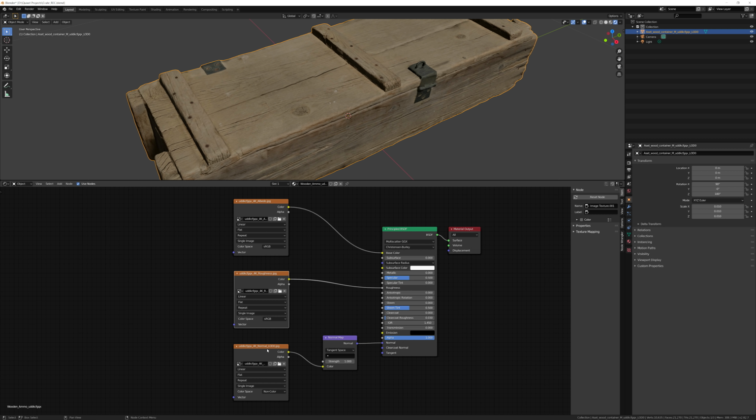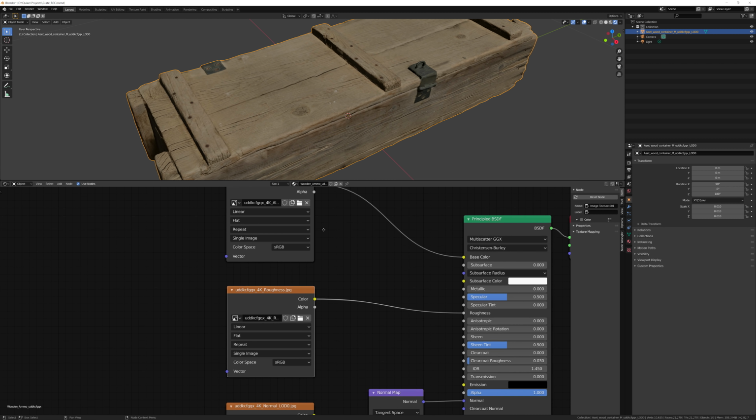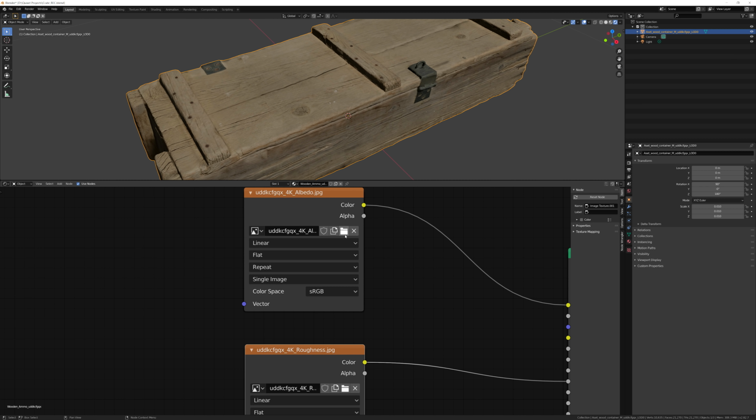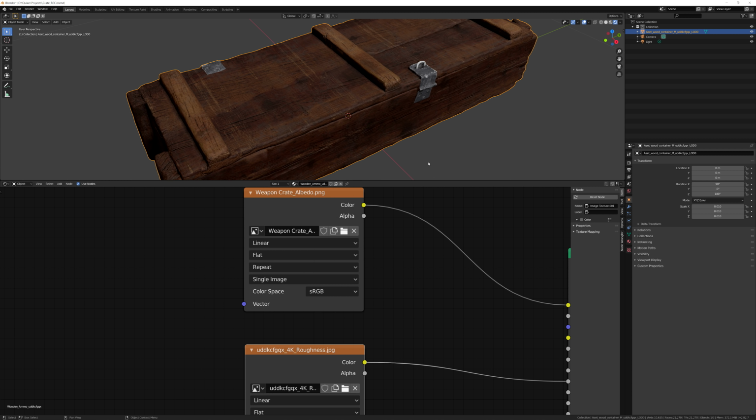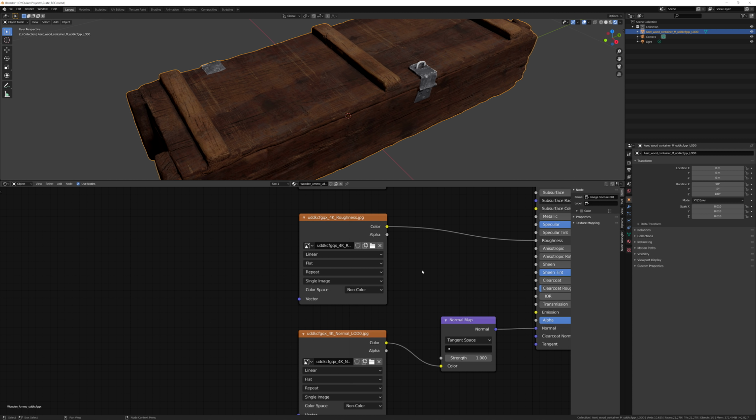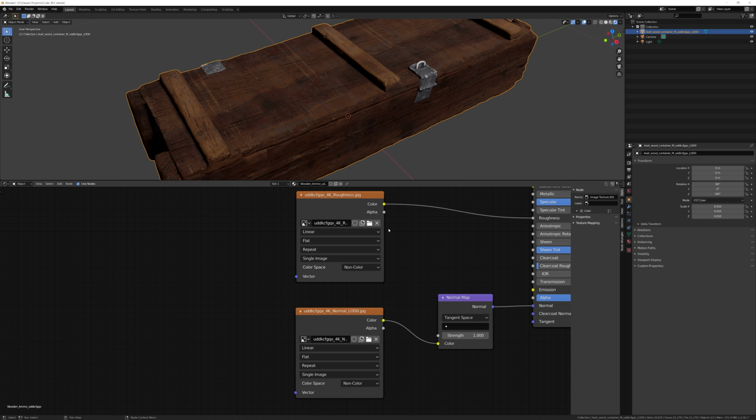So all we need to do now is just replace these 3 assets with the new ones from Mixer. Starting with the albedo map, if we want to go ahead and change this one, all we have to do is select this little folder icon right here, and then we just navigate to where the new texture is, select it, hit open image, and now the albedo that we had in Quixel Mixer has simply replaced the old albedo from the original crate texture. Let's go ahead and replace the normal and roughness maps the same exact way.